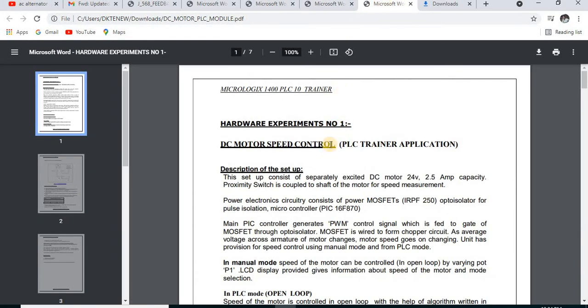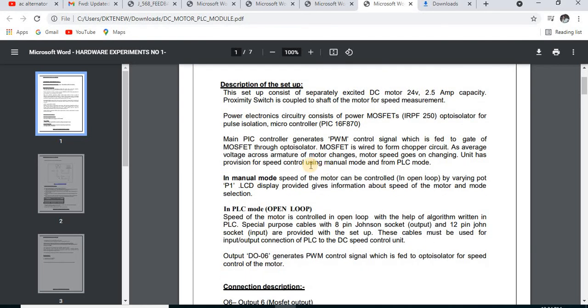Next, and the last one which we are going to study in this automation control practical, is DC motor speed control using PLC. This setup consists of a separately excited DC motor of 24 volt and 2.5 ampere capacity.